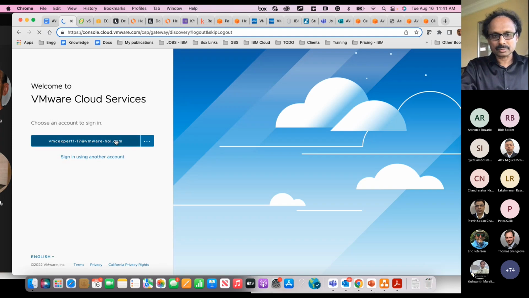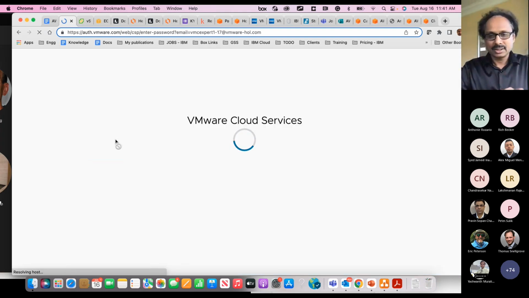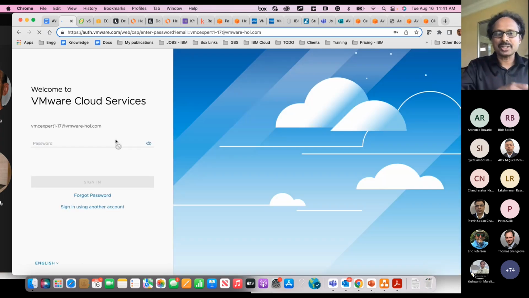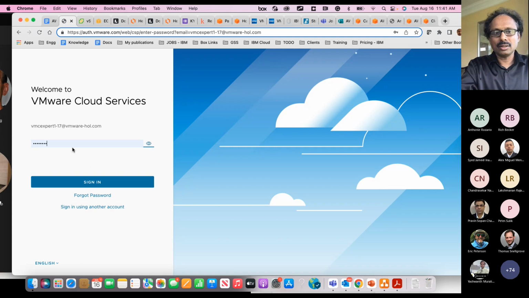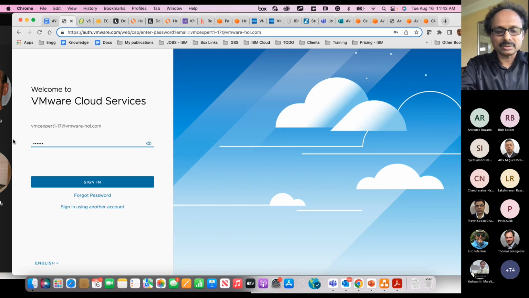Let me log in again to that VMware cloud. Just to give you a high level, we can run VMware Cloud on AWS and we will be able to vMotion our assets from our on-prem to VMware on AWS. Let me see whether it works or not.